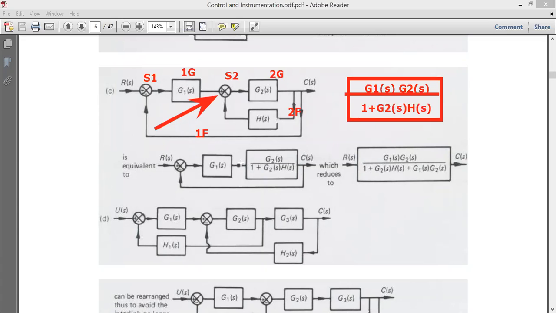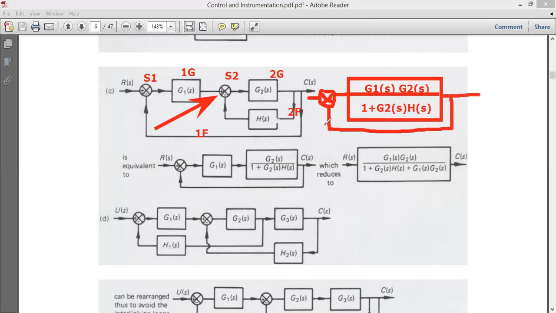So after multiplication of the 2 blocks, what else remains? That is one summation, then C of S, then one feedback. So that becomes your small minor loop. This is just similar to this. This is one block, this is one summation, this is added here, this is your summation block. Here from output to input, they will just simply connect like this.